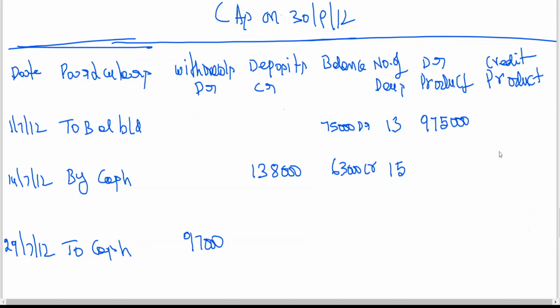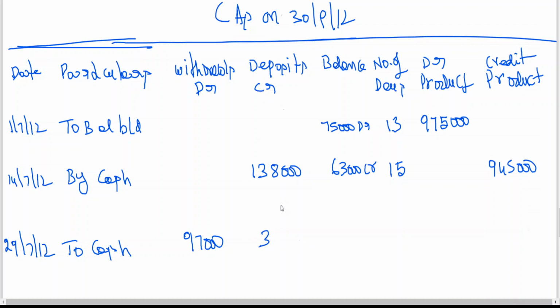This we have not done in the previous class. The reason is, why do we have to do it like this? Why can't we do it the same way we have done before? Because the rate of interest is different for the debit product and the credit product, so we should follow this. When the rate of interest is the same, even for a bank account, or we can calculate our financing activities also, we can calculate like the problems which were worked out in the previous cases. Okay, now 1,38,000 credit balance minus 97,000. You're getting 34,000, no?